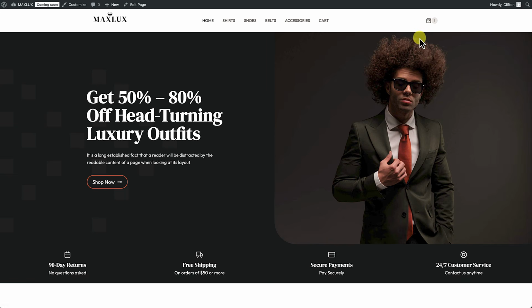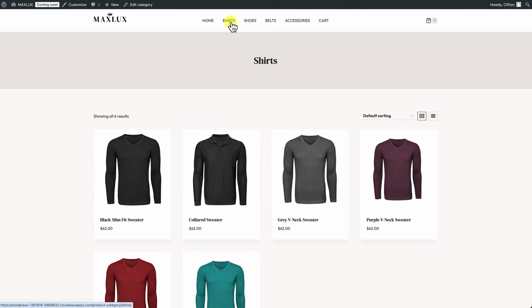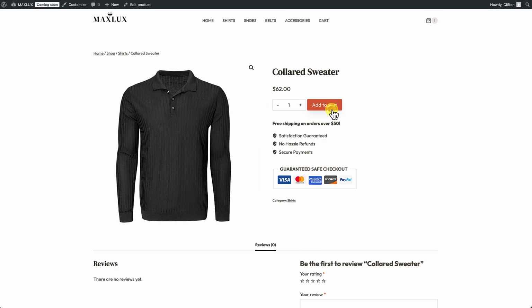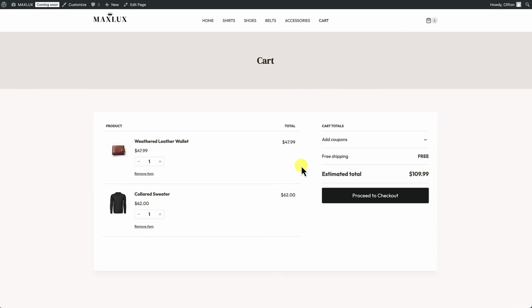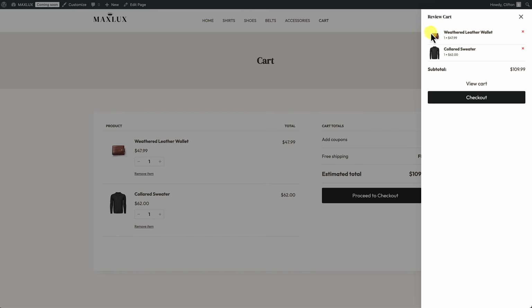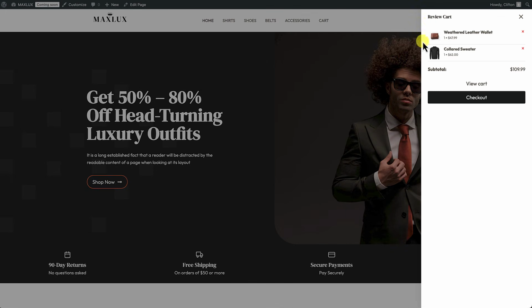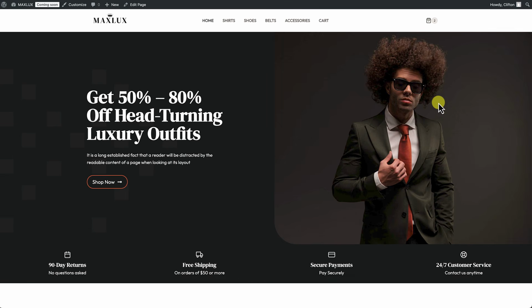And then let's test out our cart. So if I go to shirts, click on a collared sweater, click on add to cart. Okay, so of course, if I view the cart, it's going to take me here. And if I click on this cart, it'll show it to me there. And if I navigate away and click on this cart, it'll also show me the items that I have in the cart as well. Okay, so now we see how the cart works,